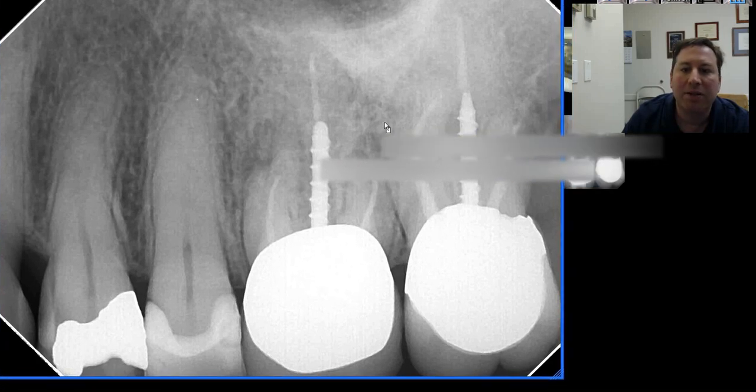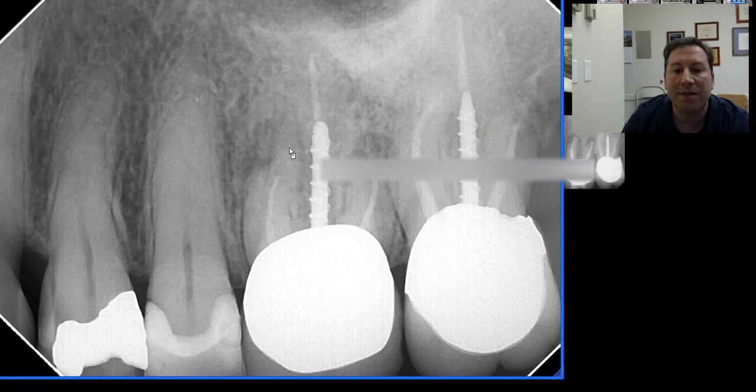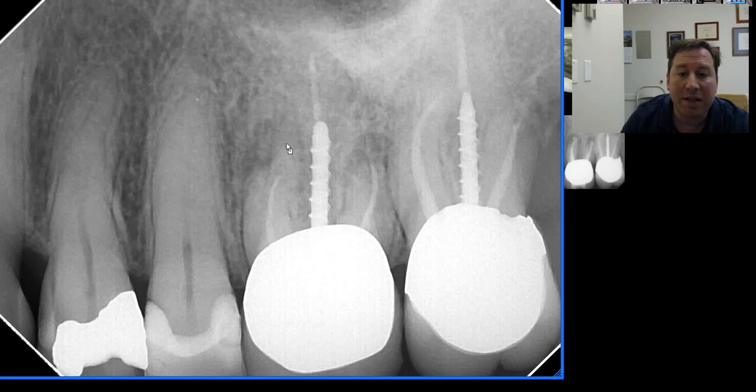And here we're taking a look at tooth number 14. We can see here what prompted the referral. We can actually see some lucencies developing along the mesiobuccal and distobuccal root. Palatal looks fine, but there is quite a large post inside that tooth. And so the referring dentist asked me to take a look at it and see if there was in fact